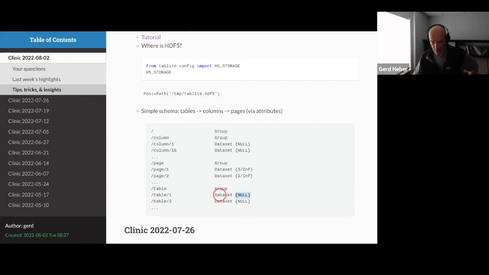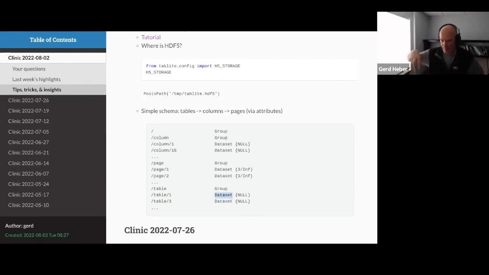But what I can tell you is these are really just metadata placeholders. So he uses a null data set, and when you have a table, you have to think about what the columns of that table are. What he uses is basically a null data set just for that table, and he decorates it with attributes. If you remember the dimension scale standard in HDF5, where you store object references to the data sets representing dimension scales as attributes of those data sets.